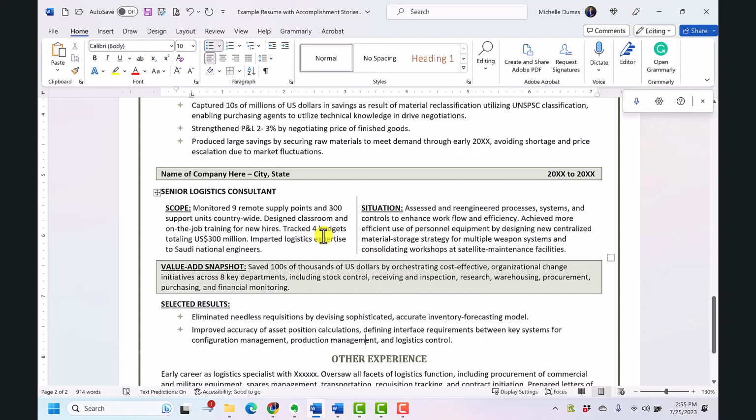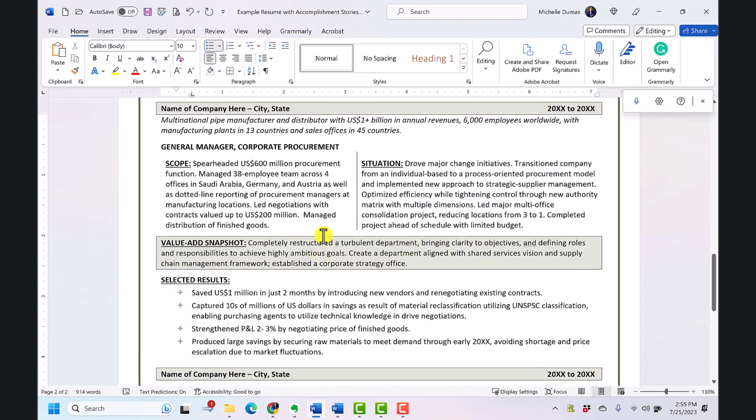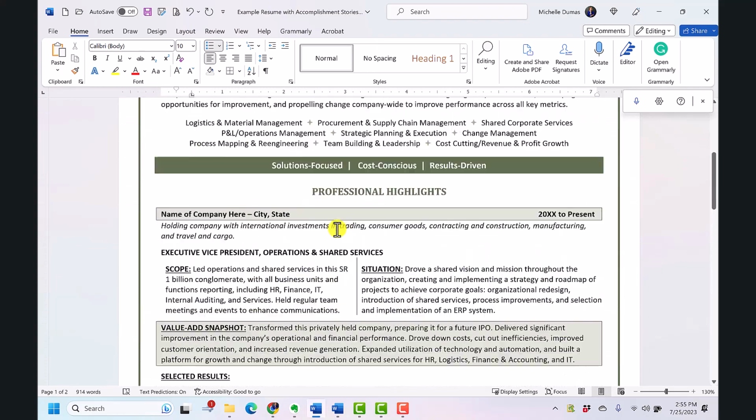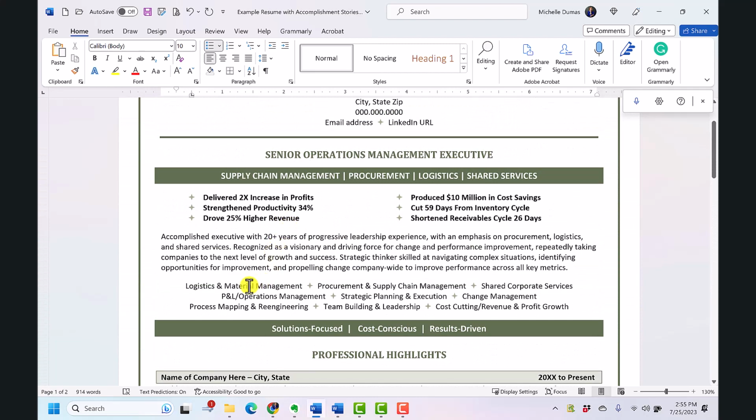First, you want to type the section of the resume that you'd like to save. So for example, let's say that you have different versions of your key skills here. Let's say that this is the version with key skills in here for supply chain operations management positions. But let's say you have another version of these skills that are tailored for, say, shared services operations management and some different skills in here. You could actually save that as a quick part. So what you would do is you would select it